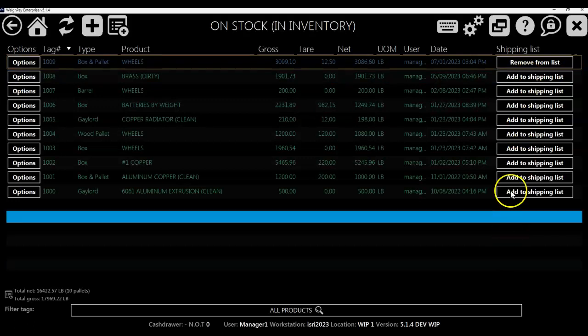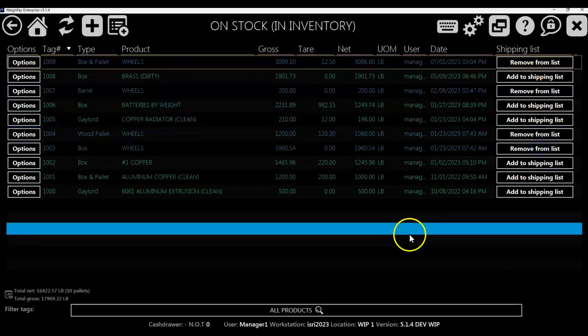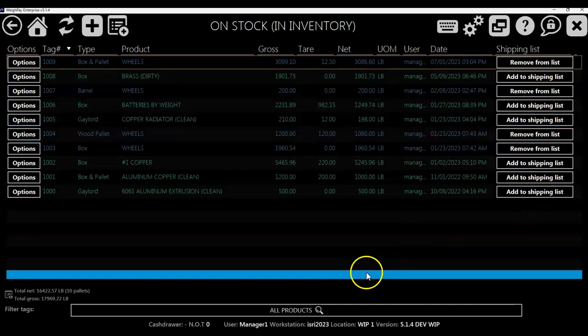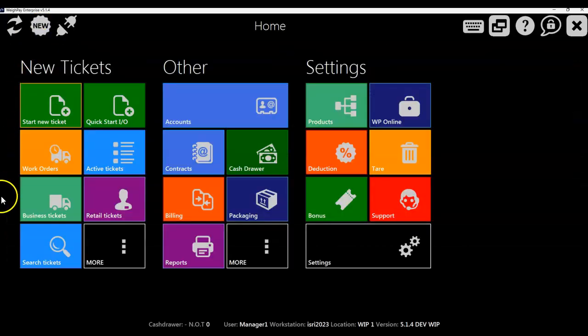So now we can go through and build a shipping list for my wheels. And you can see I've got a couple wheels there, and I've added those to my shipping list. At this point, that shipping list is created. That truck can make its way over to the scale. I could, in a number of different ways, either ship against a contract or just go ahead and open up